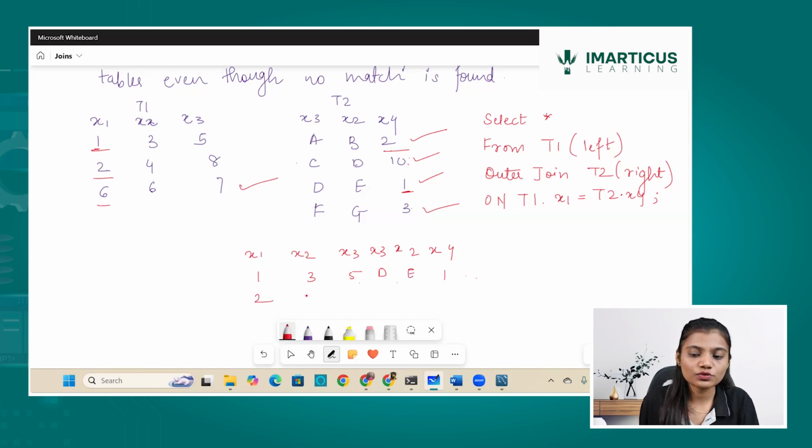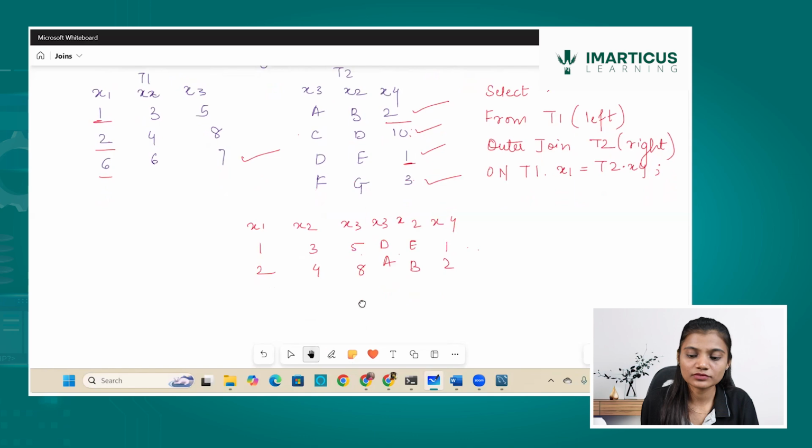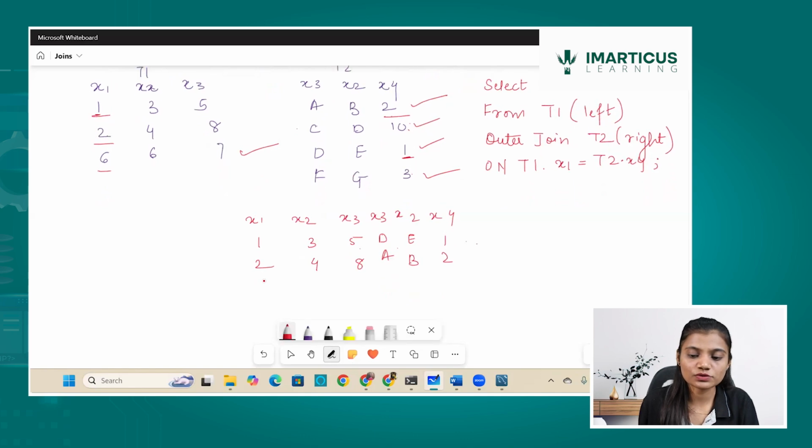Yes. 2's match is 4, 8 and A, B and 2. Then 6, 7 has no matching entry, so it will give None.